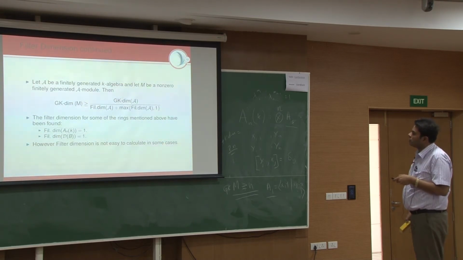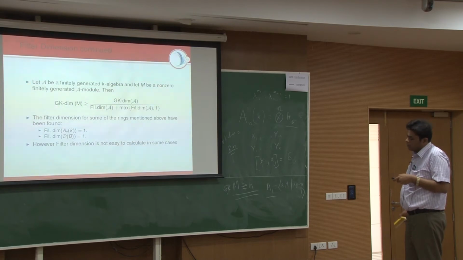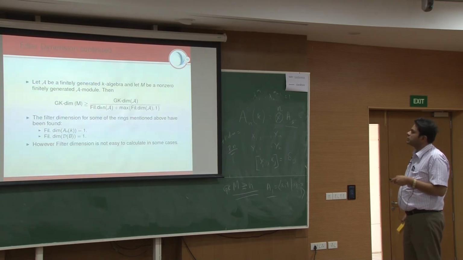So suppose the algebra A has a module of small GK dimension like 1 or 2, and the algebra itself has GK dimension n, which can be any large number. But suppose it has a module of GK dimension 1, then one would expect that the filter dimension is denominator is big, and